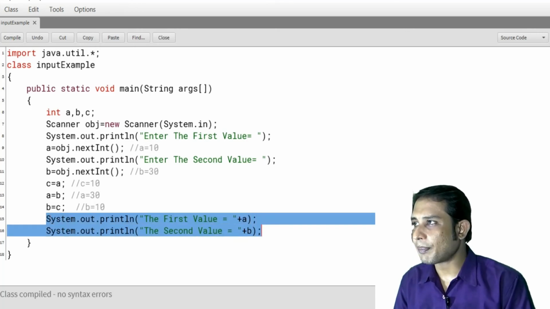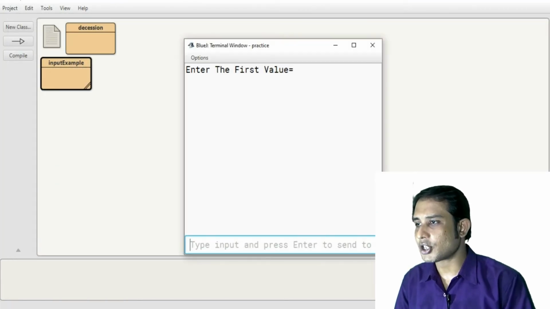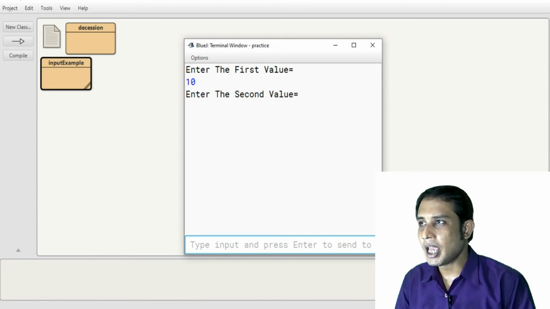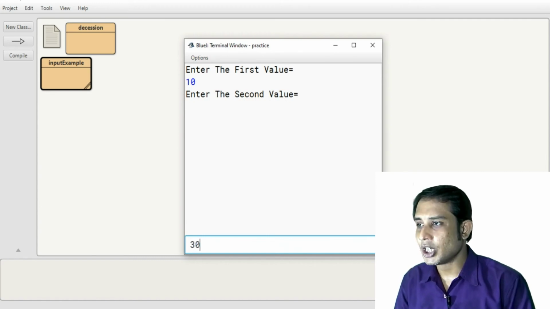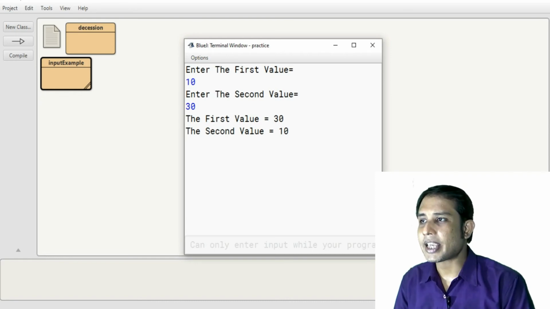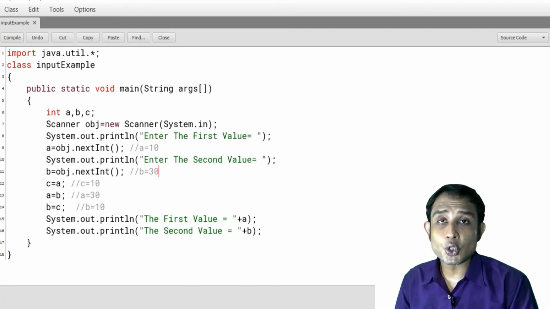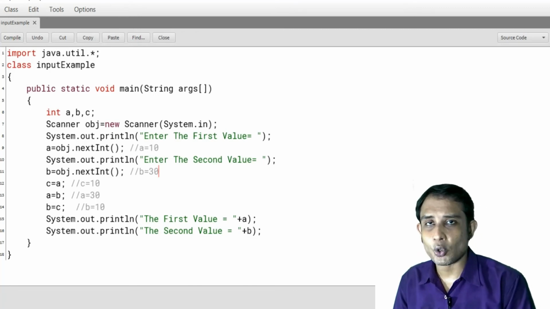Now first compile the program. No syntax error found, so I am entering the first value, suppose 10, and the second value is 30. Now the first value becomes 30 and the second value becomes 10. By using the third variable, in this way we can swap the values between the two variables. Now I am going to discuss how to swap the two values between two variables, but without using the